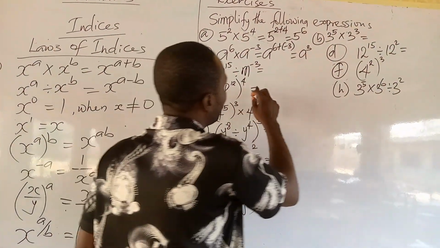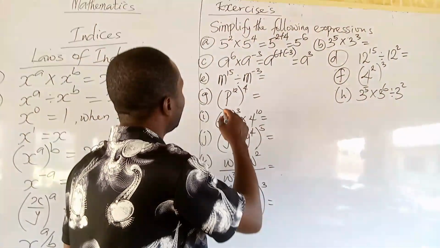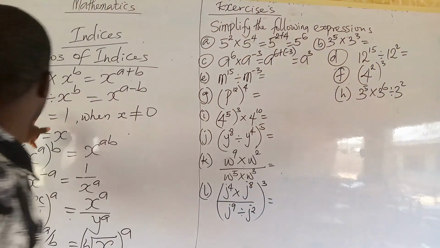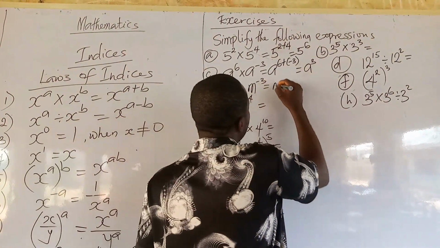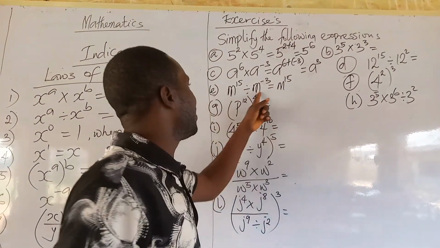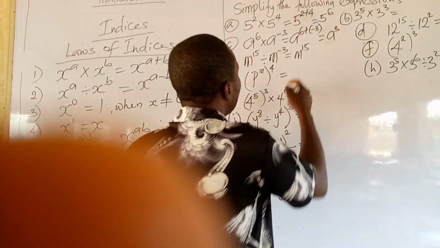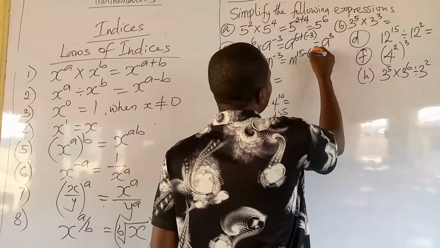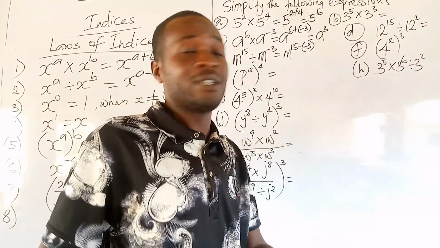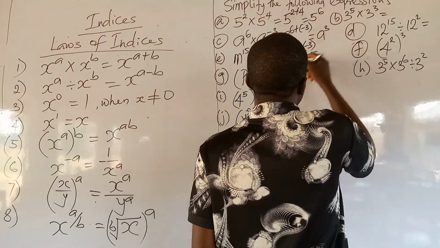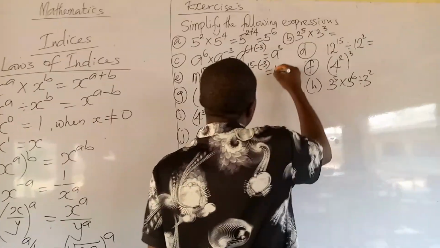Now let's come to E. So let me leave D for you viewers to also try. If we come to E, you can see we're referring to the second law now. There is division there. So this is m raised to power 15, same base m. Then when it's division, the rule says we should put negative in the power. So minus and another minus 3. So this is not 3, this is minus 3. So minus minus, when we have two minus signs, it becomes positive. So we have m raised to power 15 plus 3 now,